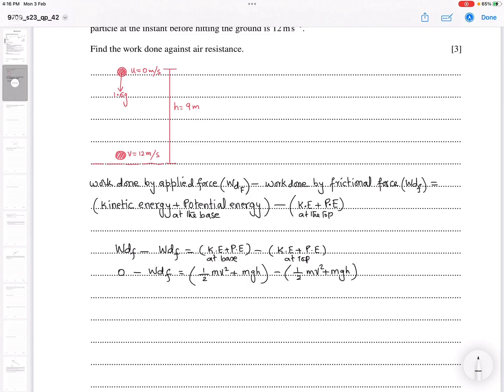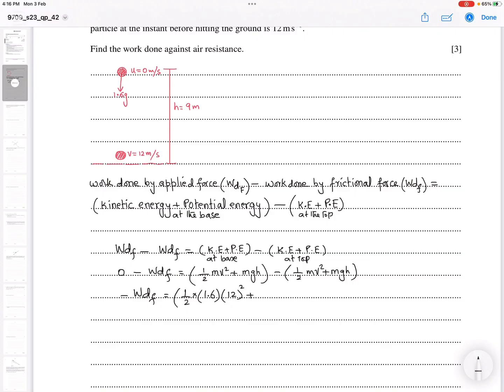So let me write the values in it. So half mass is 1.6 times velocity is 12 squared plus